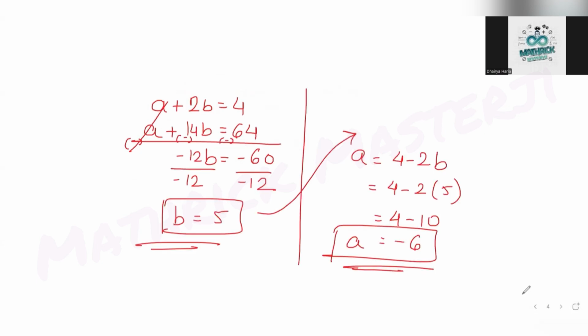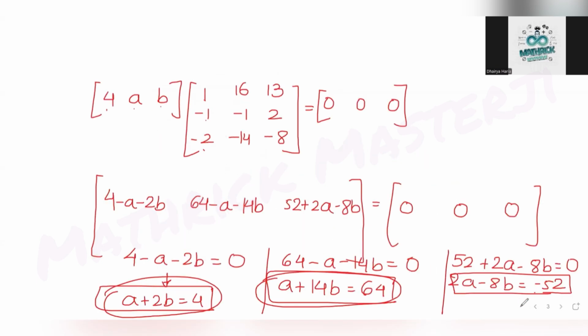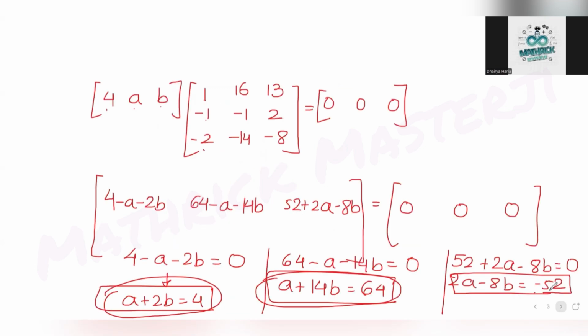B in this case we know it as 5 is equal to 3. Now let's try to do the question here. It says alpha is a solution of this equation x square plus x plus 1 equals to 0. So if you understand x square plus x plus 1 equals to 0 is given to me,